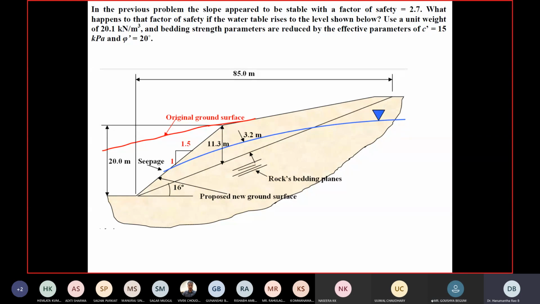Here the maximum water height has been given as 3.2 meter. Now, if you go for the method of slices, you need to determine the U component and the corresponding factor of safety for each slice. But the slice corresponding to the maximum height of the water should give us the minimum factor of safety value. So that is the fundamental law. Since here we are going for the mass procedure, we don't have any other option except taking the maximum height wherever it was recorded.